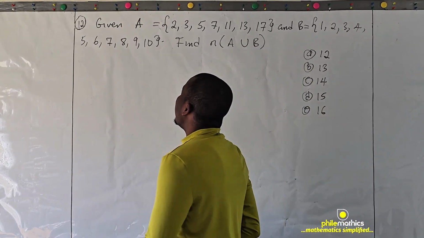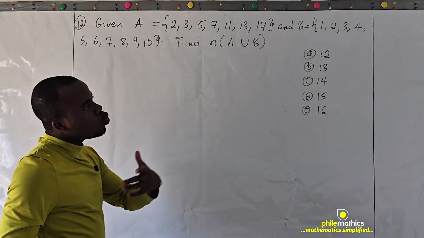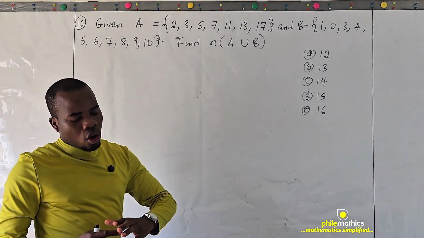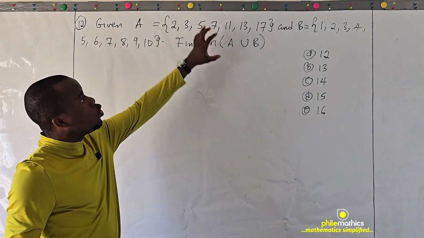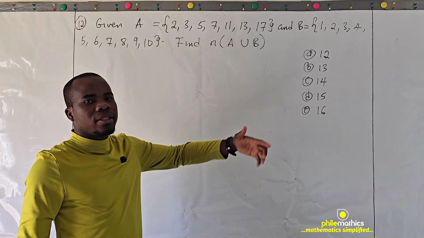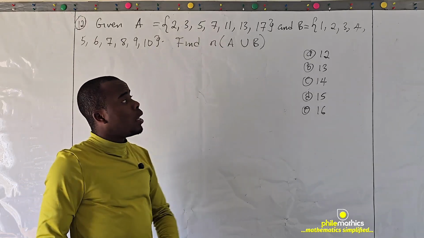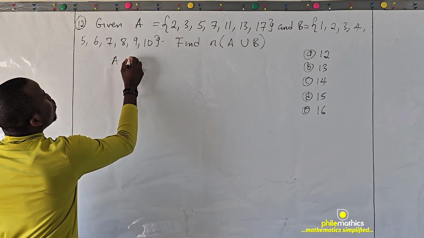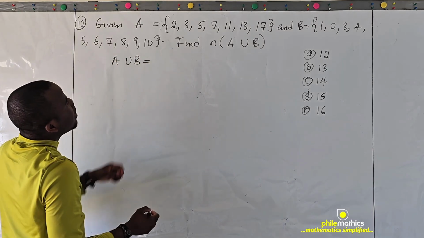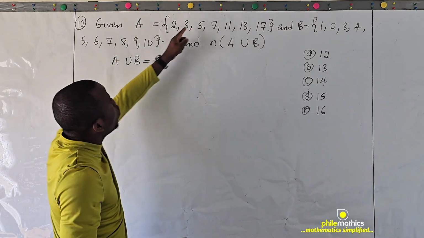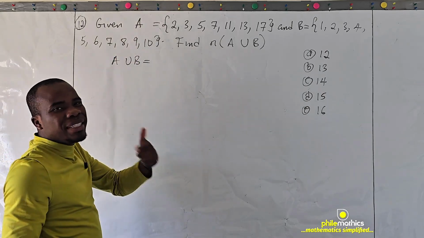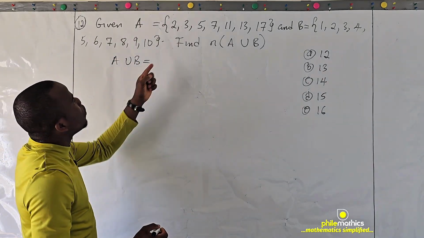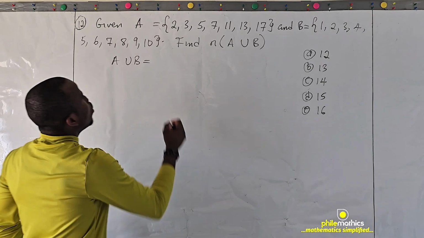Remember what union is. Union of two sets is the collection of the elements of the two sets without repetition. And so A union B is simply listing out what you see here with what you see here without repeating any of them, because some of them are in both, like 2, 3 are in both. So this will be,